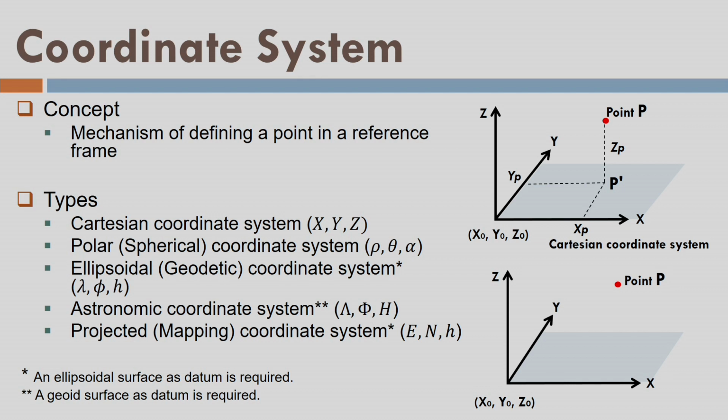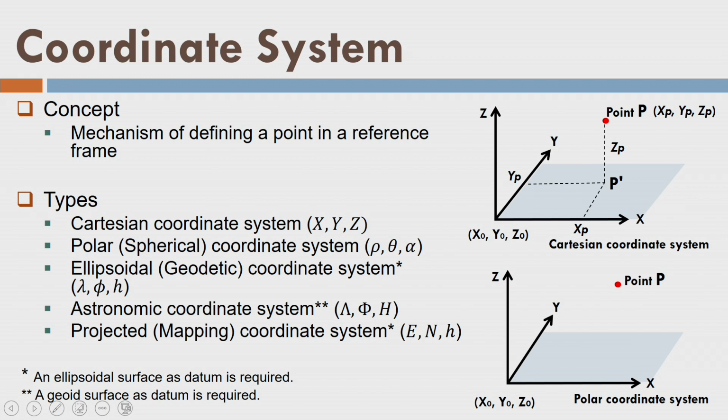Now I am showing you 3 measurements: ZP, that is along the Z direction, XP, and then YP, and such a system I call the Cartesian coordinate system. Well, it is well known to you, and we have been using such a system, the Cartesian system, for long. Now understand that the point P is the same, and I want to define the same point P with a different type of coordinate system, because it is a mechanism to define a point. So I am not changing my reference frame, I am not changing the origin of the reference frame, but at the same time I am just defining the point P in a different way.